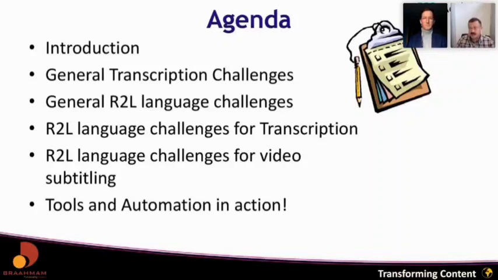Once the transcription is done, the other task is translating the transcript, which would appear as a subtitle. So if it's an English video and you want to bring it out into German, Arabic, whatever, you can choose the language that appears on the video. Now even within that, there are two different situations. You could export a file like an SRT file, DFXP file. There are many formats which you can export.